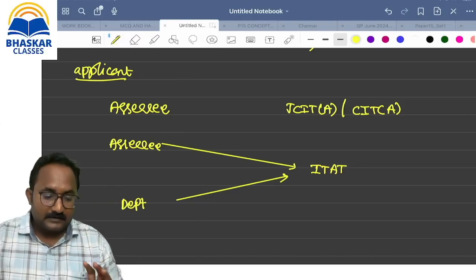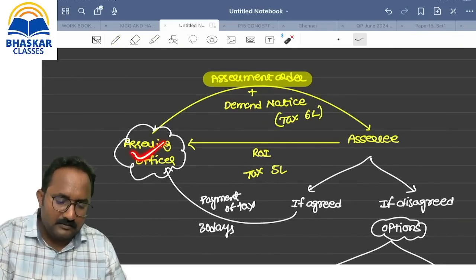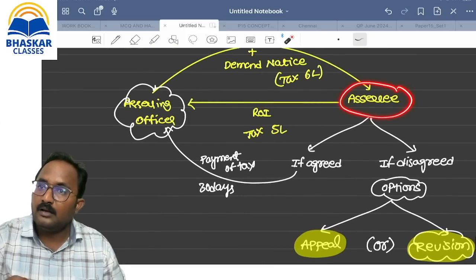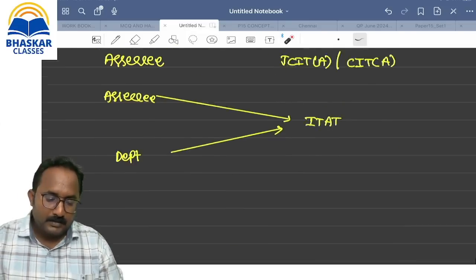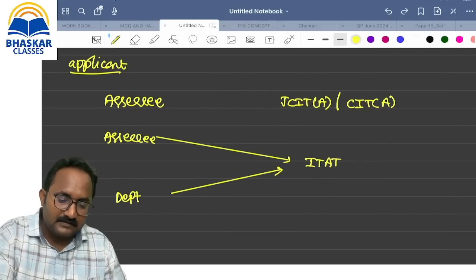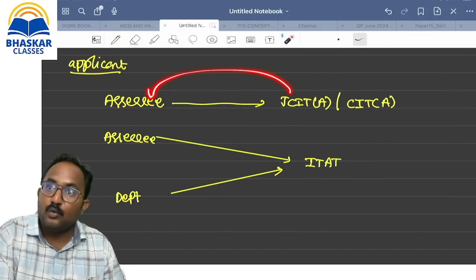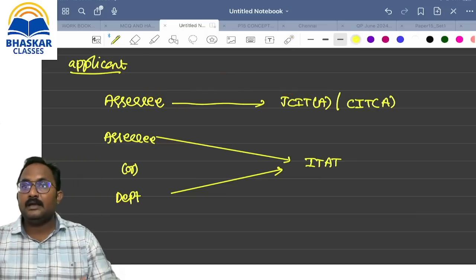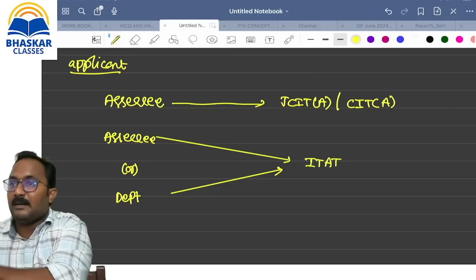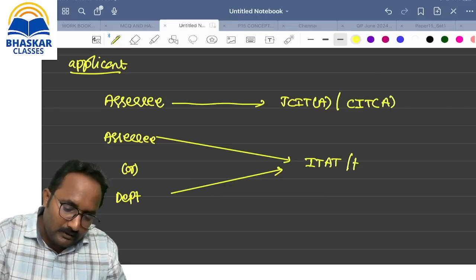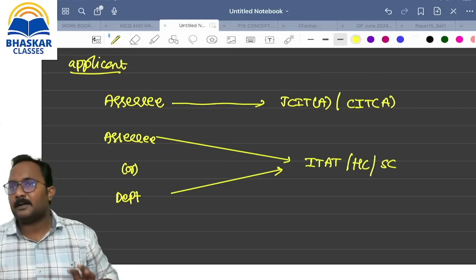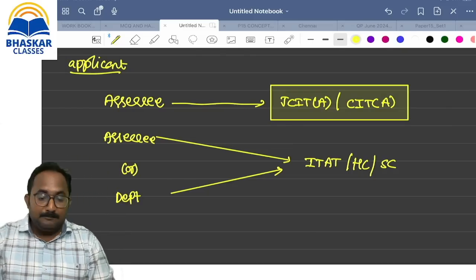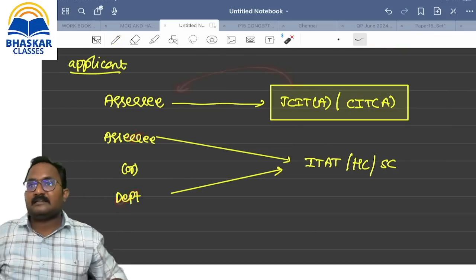Sir, first of all, the AO will always give the order in favor of the department only. If that is disagreed, who can make an appeal before the CIT, ma'am? Only SSC. Suppose an SSC makes an appeal in front of the JCIT, and it is decided in favor of SSC. Now who has the hard feelings, ma'am? Department. So remember, in front of ITAT, either SSC or the department can apply. Like High Court, or Supreme Court, both can apply. But in front of JCIT and CIT appeals, always who is the applicant, ma'am? SSC. Depending upon their action, the next level of applicants can be decided.